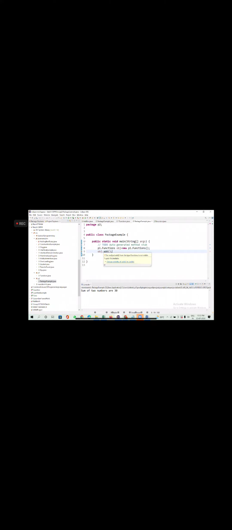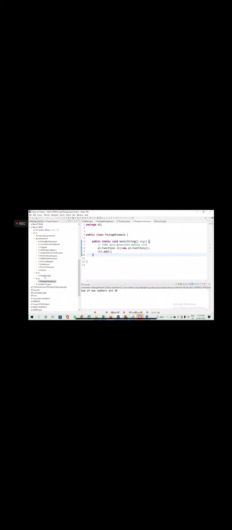Wherever you see an error message with visibility, it is saying that the method add from the type functions, from the class functions, is not visible. It is clearly saying this function is not visible to me. Why is it not visible? It is a default.